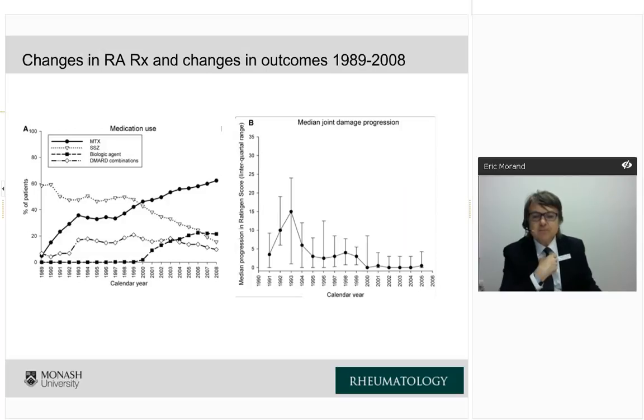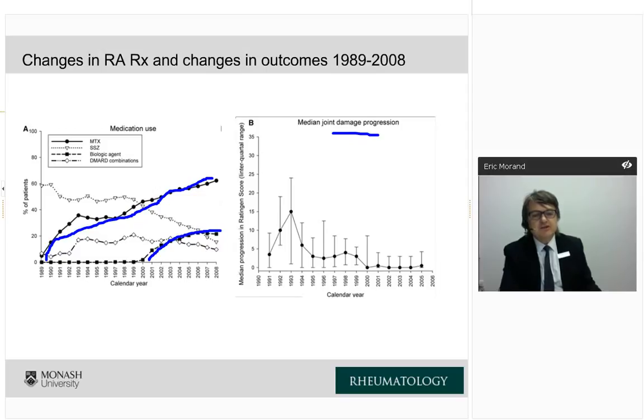So this is a graph from 1989 through to 2008 in a large number of patients in a British data registry. And what it shows here is the percentage of patients taking the drug methotrexate over time, going from 0% just before methotrexate came in to now about 60%. And here, about 10 years later, is the percentage of patients taking drugs like the anti-TNF drugs and rituximab that I showed you before. And on the right side of the graph, what this timeline shows is the amount of joint damage progression that patients in the same clinics